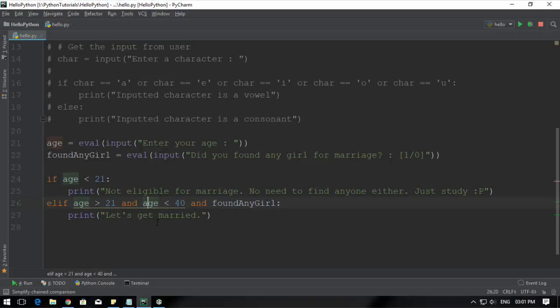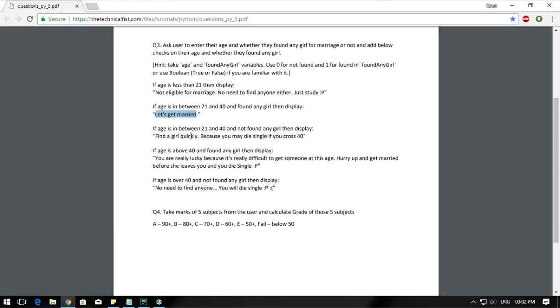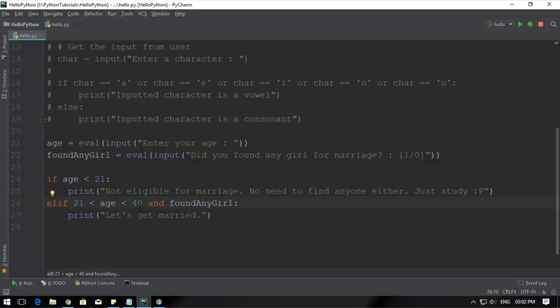So PyCharm is saying you can write it as elif 21 is less than age less than 40. That simply means age is in between 21 and 40. That is true. So if age is in between 21 and 40 and found any girl, let's get married. That is pretty easy. But 21 is a valid age for marriage, so I'm gonna include 21